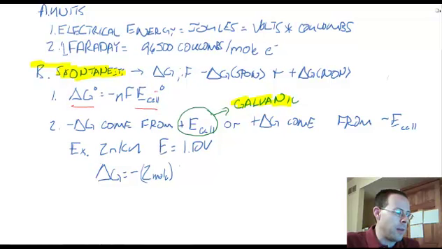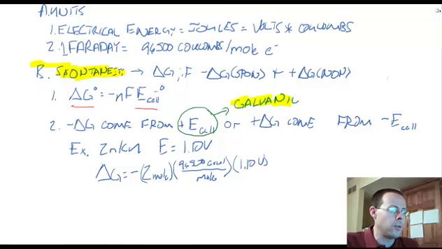And we're going to multiply that by 96,500 coulombs per mole. So our mole is going to go bye-bye. And then our voltage was 1.10 volts. If we look at units real quickly, moles go away, and a coulomb times a volt is a